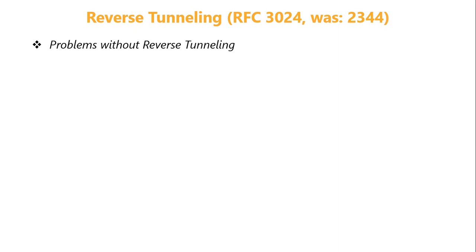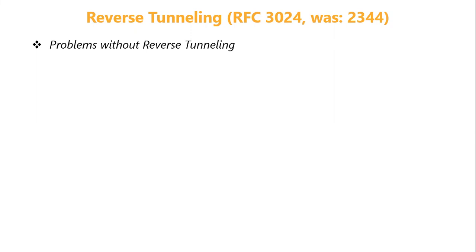The topic we'll be discussing in this lecture is reverse tunneling. Previously we have discussed tunneling and encapsulation. Tunneling is done whenever a packet is to be transmitted from HA to COA. Similarly, whenever the mobile node wants to communicate with the correspondent node, there should be a reverse tunneling from COA